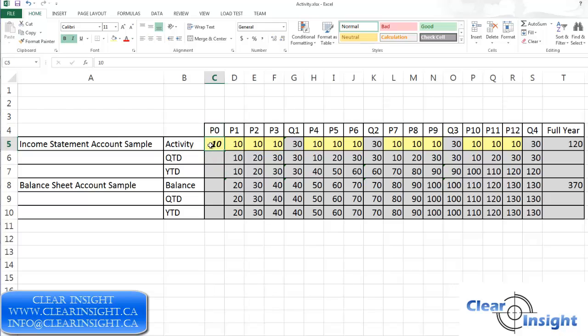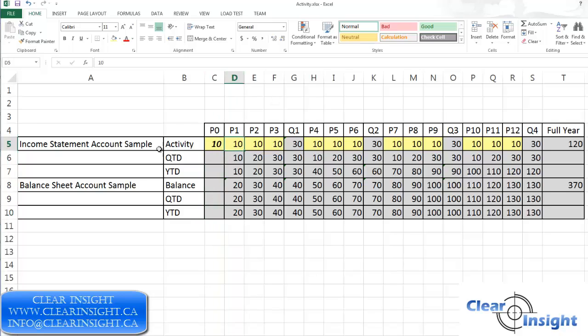and this one I've left the example on the main line here just to make it more simple, but this one is in bold italics because it really only applies to a balance sheet account. A balance sheet account would only ever have an opening balance in that P0 period. So think of this as our opening balances for whatever accounts they apply to, and these other cells are just